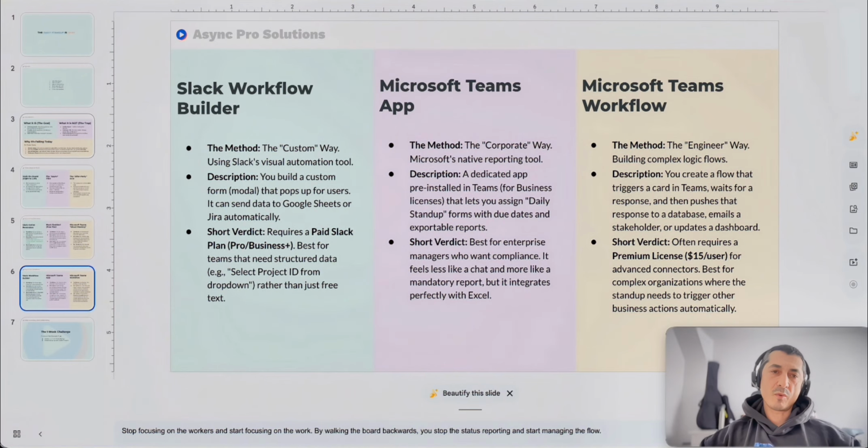Cool. Then a few pro solutions as well. Slack Workflow Builder. I'm not going to go real deep into these ones. Let me know if you're interested in maybe doing some presentations or videos about how you can set up such workflows. Let me know, and I will do it. But in short, you can use some more professional ways as well. Slack Workflow Builder, Microsoft Teams apps. You can search out, there are quite a few apps that are doing this, and the Microsoft Teams workflow as well. But in essence, they are all doing the same thing, reminding a specific group of people that they can share